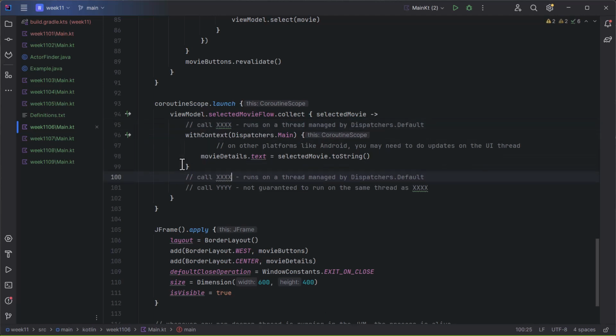And let's say we call YYY. I'm just going to add this in like this. So what's happening here, Dispatchers.Default is managing multiple threads. There's no guarantee that this call and this call are going to run on the same thread. So up here, it picks one of its threads to run it. Down here, it picks one of its threads to run it. What's really important here,